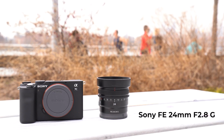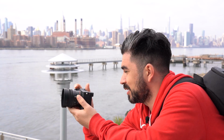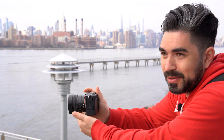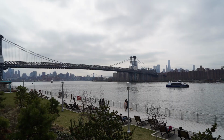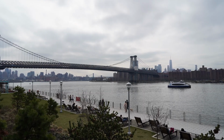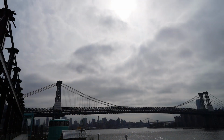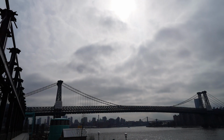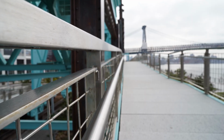The first lens I tried out was the 24mm F2.8. 24 is working really nice out here. We got the rafters from these cranes, the beautiful bridge, and people walking their dogs and bicycles and skaters, and we got everything. 24mm was the perfect focal length to capture the beautiful park views. It's a great wide-angle lens. Additionally, a small minimum focusing distance of about 9.5 inches, and I could also use the lens effectively to capture